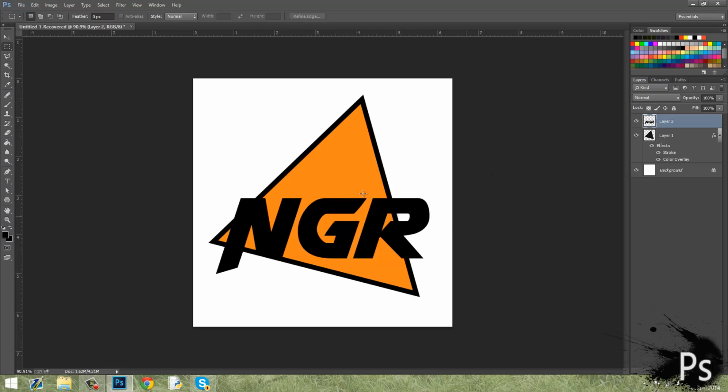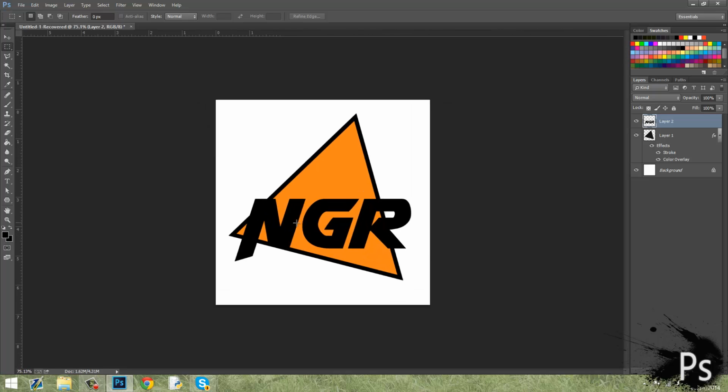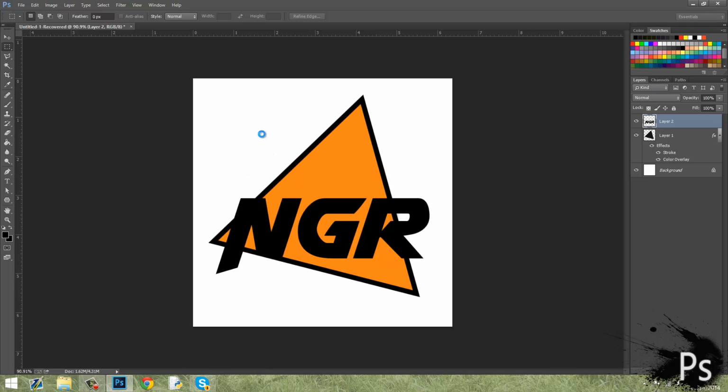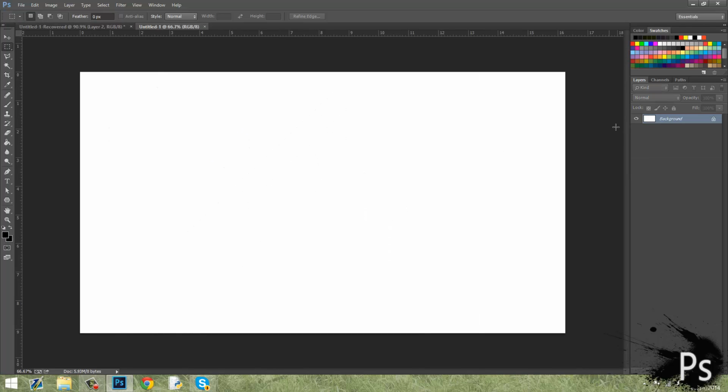It consists of not very many things. You've obviously got the background, you've got the triangle shape, and then you've just got some text that you're going to slightly edit to actually fit the shape that you're making. But if we just make a new layer, I'll just make it 1920 pixels by 1080 pixels, and we'll get